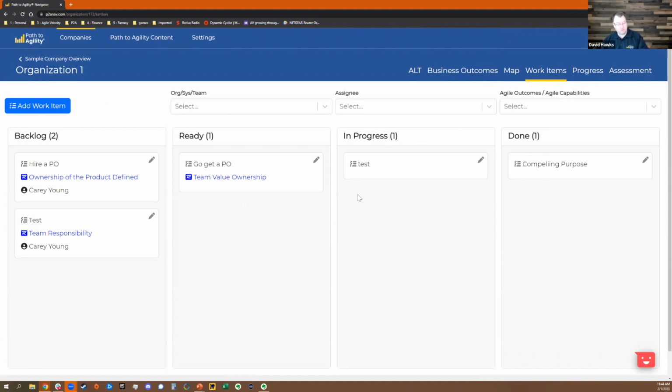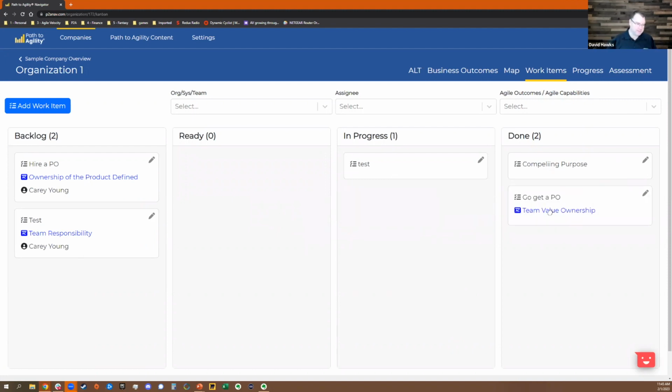You can start to see that across all the teams, and see patterns, like everybody's complaining that they don't have a good product owner, or whatever that might be. You get visibility of all the improvement items that everybody is trying to take. And then when we say, okay, we've been working on getting a product owner, and now we've gotten a product owner,